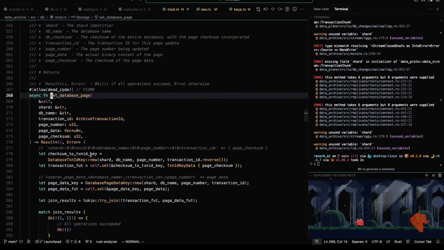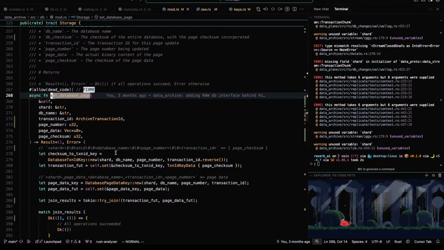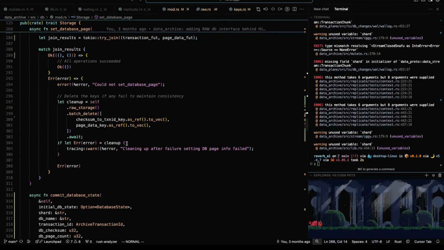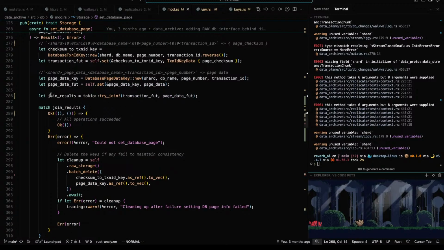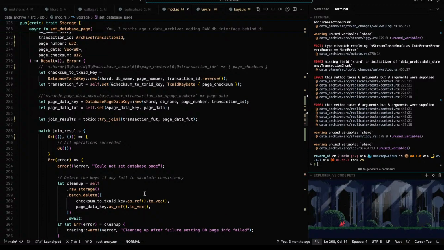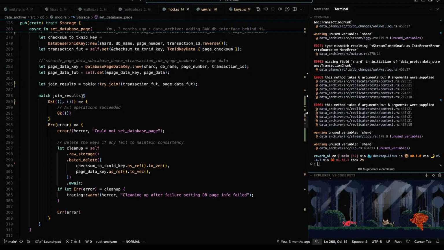Page checksum. Okay, and then in here, set database page. So we clean up if one of these fails. Maybe this is the wrong place for it, though.